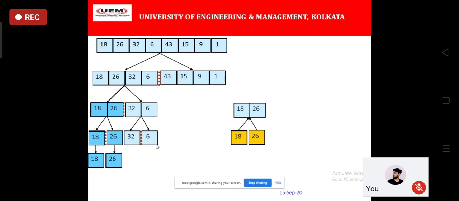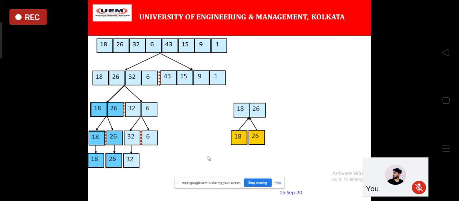Because if you now imagine how the function calls are being pushed in the stack, then you can understand that whatever function call is related to this part is already done. So now you will go for this. Why are you not directly going for this? Because on the top of this function call, these function calls are there. Now you may say, no, I should go for the left side. See, it's not like that, but generally we go the way we write the recursive function call, in this way. First the leftmost part, then the right part.